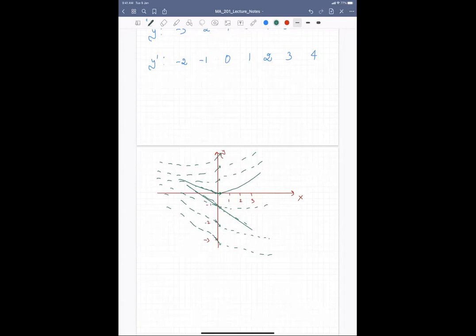So you can make a qualitative estimate of how the solution looks by drawing these little lines all over the xy plane. Of course, it is not possible to do it by hand, but you can always use a computer program to do this. By drawing all these little arrows, you can connect them around any particular point and have a rough idea of how the solution around that point looks. These little arrows are called direction fields.